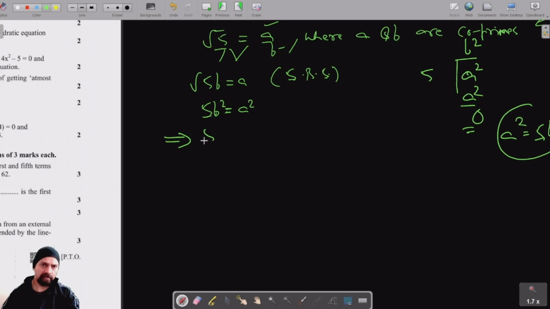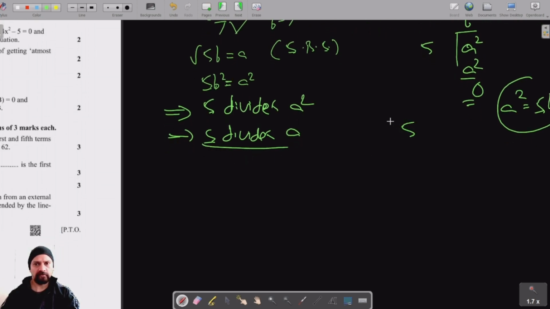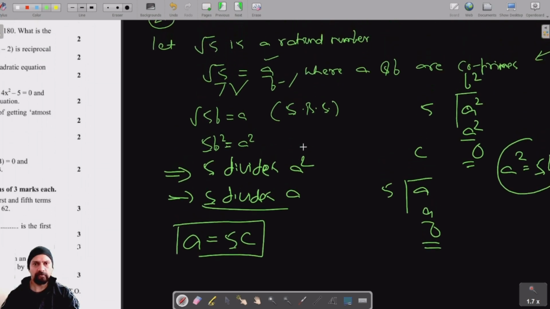So this implies that 5 divides a square. So 5 divides a square means 5 divides a. Now 5 divides a means it divides a with some quotient c and gives remainder 0. So I can write a is equal to 5c, where c is some integer. And now let's put a in